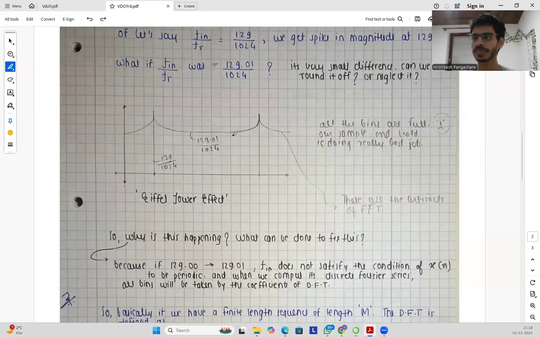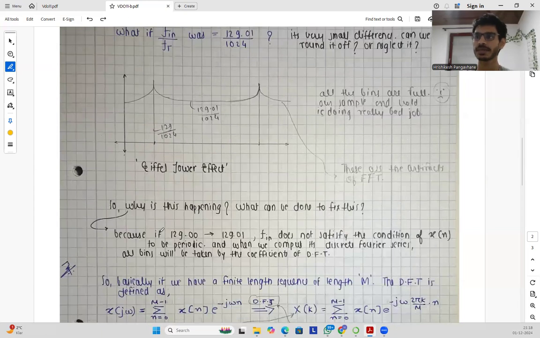It's actually not. So basically, we have two questions in front of us. Why is this happening, and what can be done to fix this? Let's focus on why this is happening first. Because of 129 being shifted to 129.01, the Fn does not satisfy the condition anymore for x of n